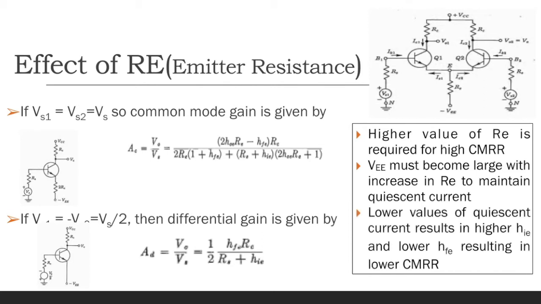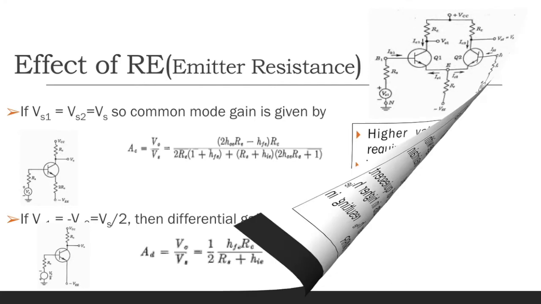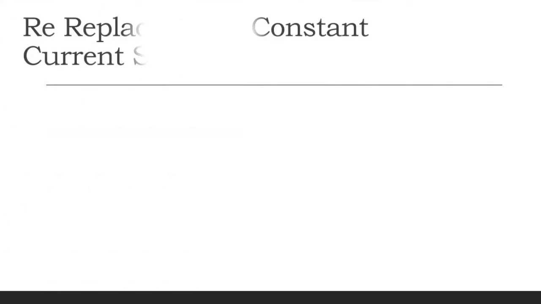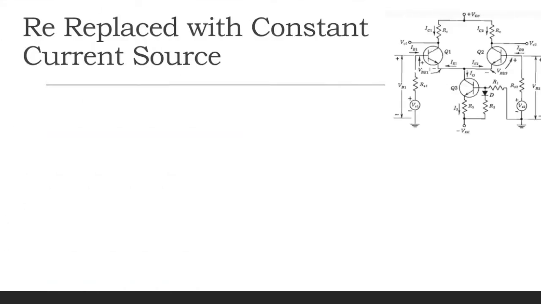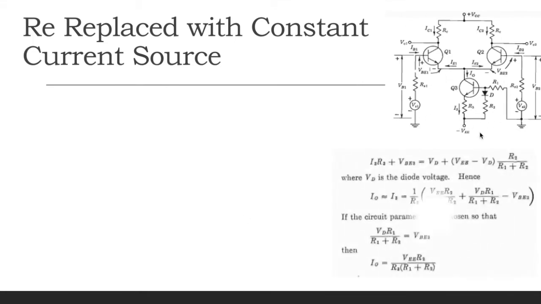Now if we do not increase VEE, that will result in lower values of the quiescent currents, and which will result in higher value of hie and lower value of hfe, which will again result in lower value of CMRR. So a very high value of emitter resistance is desirable for having higher values of CMRR. For that purpose, this emitter resistance is replaced by a constant current source. Why? Because this constant current source